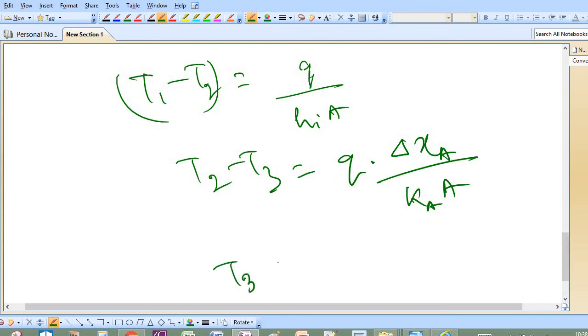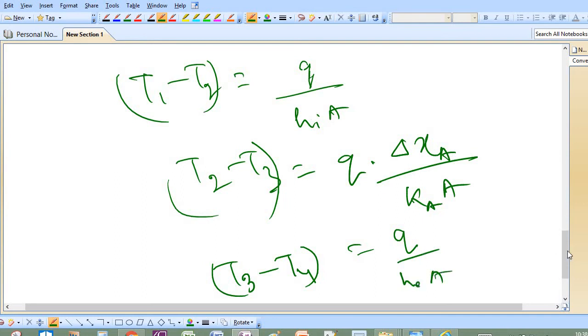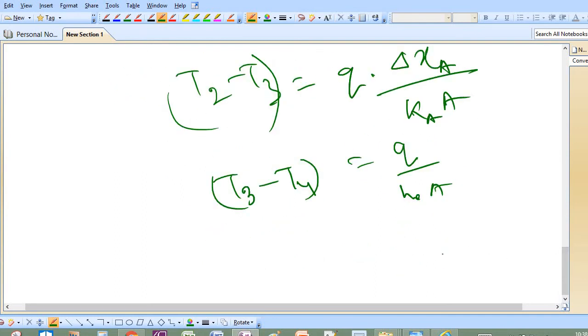Again, T3 minus T4 is equal to Q by HOA. So we take Q common here and express all these as resistances, that is 1 by HIA, delta XA by KAA and 1 by HOA as resistances, and combining these equations, what we get is